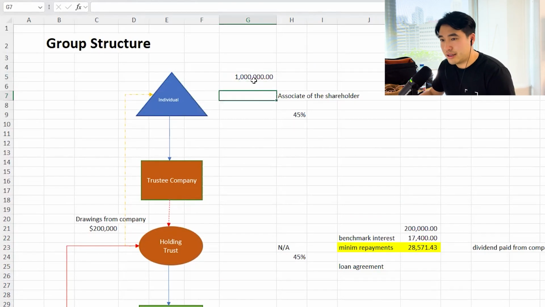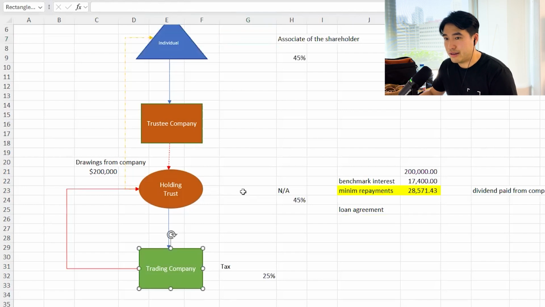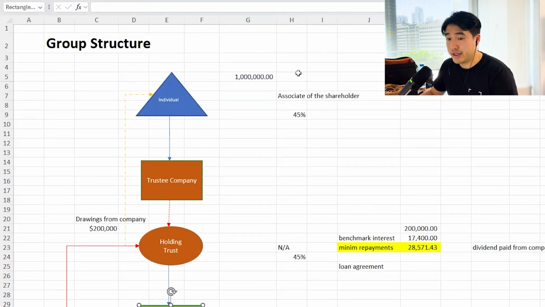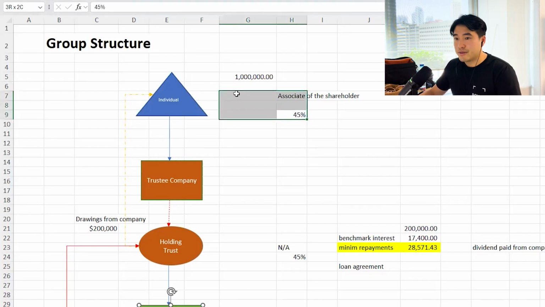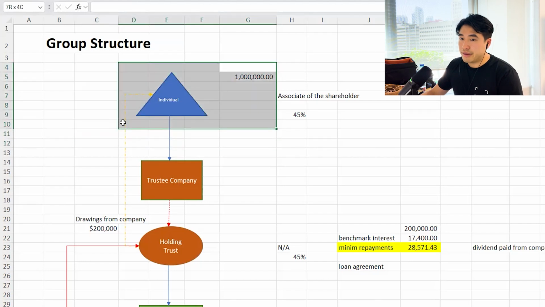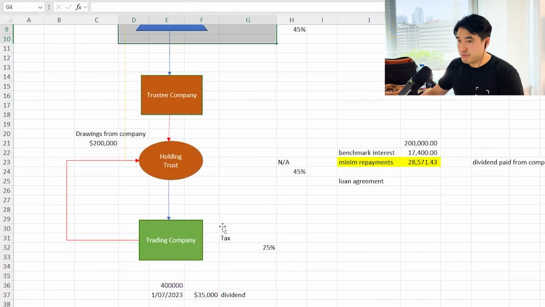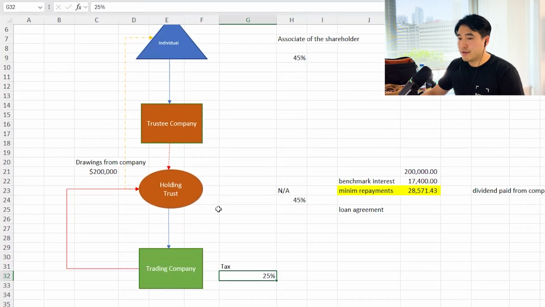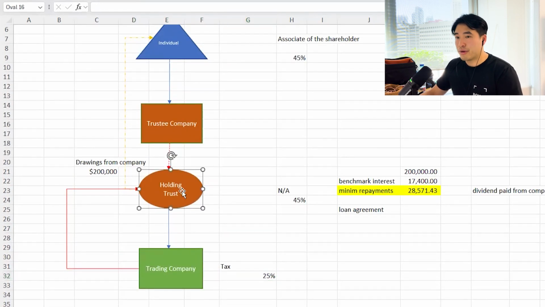Why does the ATO not care if they put $200,000 into a trading company or $1 million into a trading company? Because when they sold the property or made the money, the tax has already been paid. Tax is probably like 45%, or it could be exempt from tax because of the capital gains exemption for main residences. But in the end, basically, tax has already been paid, most likely at the highest tax bracket. So when you lend money to a trading company, which has a lower tax bracket, there are no problems. The ATO doesn't care about it. Same goes with the trust.